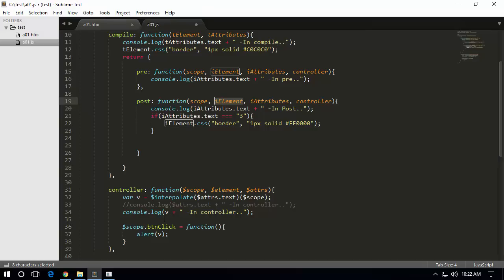So as we have seen in my previous video, we are not supposed to access DOM of the element here. We are always supposed to access the DOM right inside the post function. So here I am going to say iElement dot. As I mentioned previously, tElement is a jQuery element. Similarly, iElement is also a jQuery object. So I am going to say on